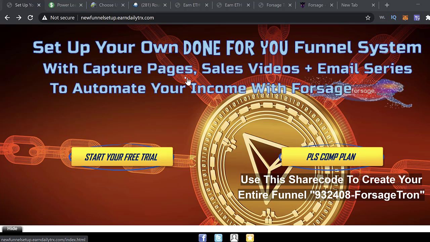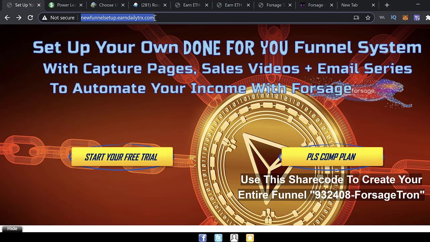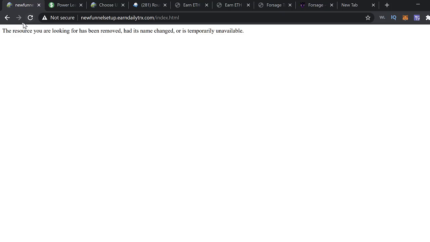So without wasting too much time, let me get into it, because funnels are an essential part of any online marketing strategy. So if we get started here, I'm going to use this page to get started. Just go to new funnel setup.earndailytrx.com as it's shown here on the cursor. Once you see exactly this page that's on the screen now,